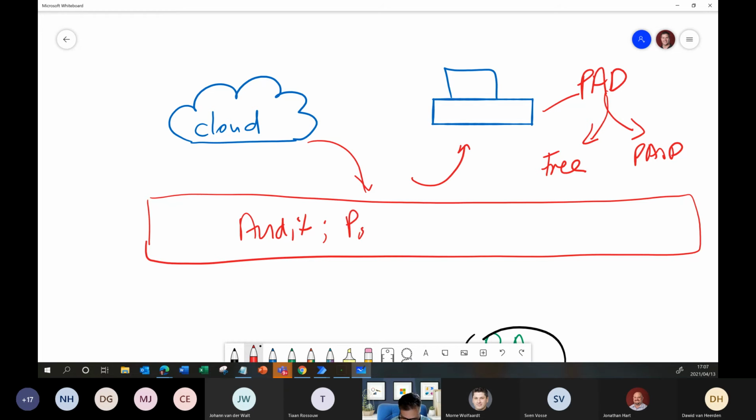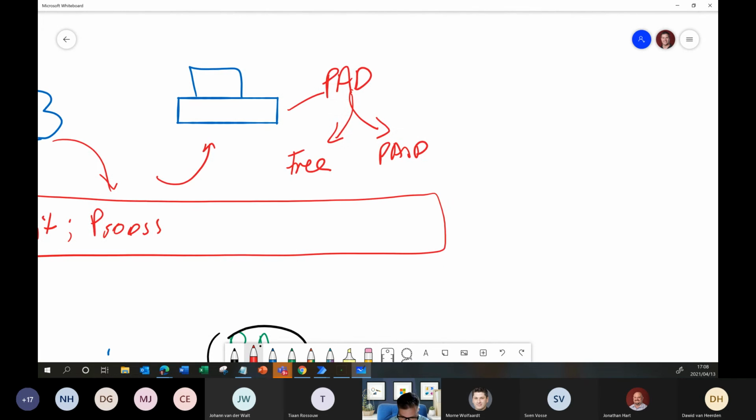I want Process Advisor. I want the cloud flow to start the desktop flow. And then the 2 versions of the paid that you mentioned is you get attended and you get unattended.